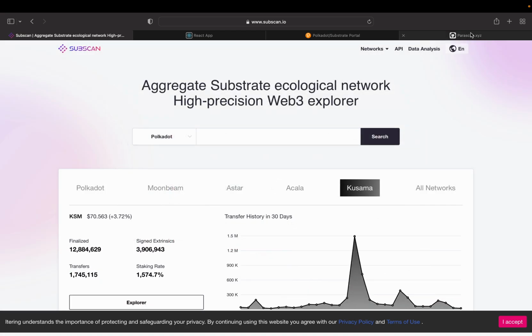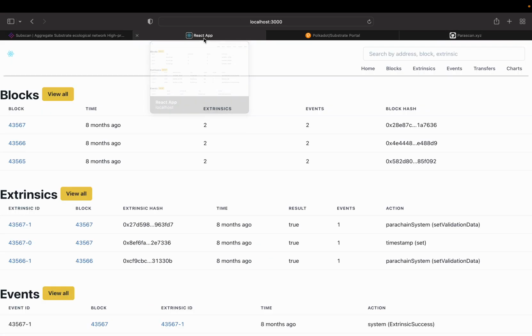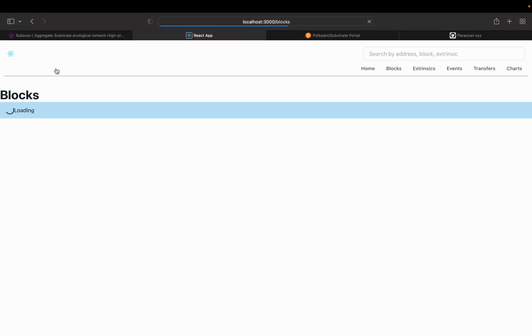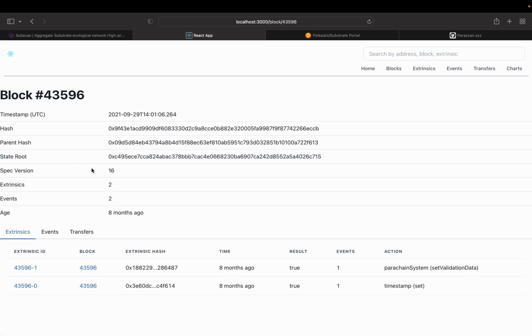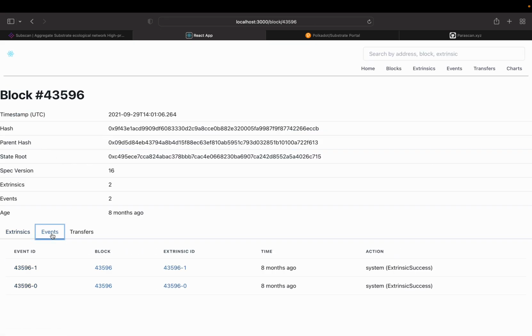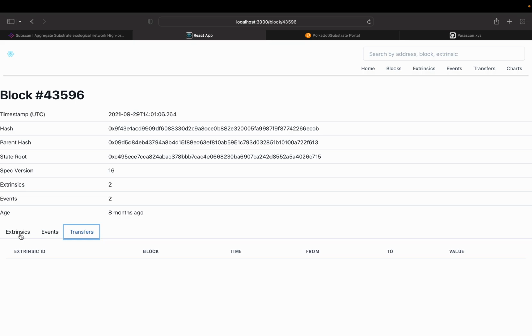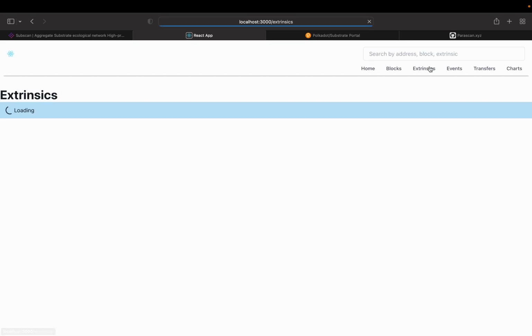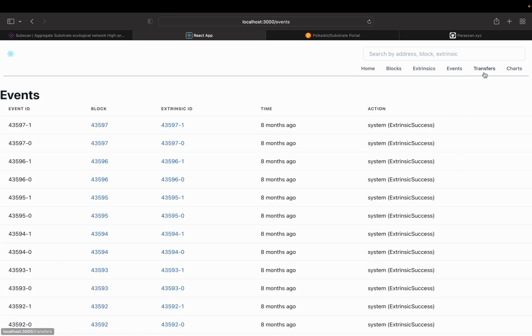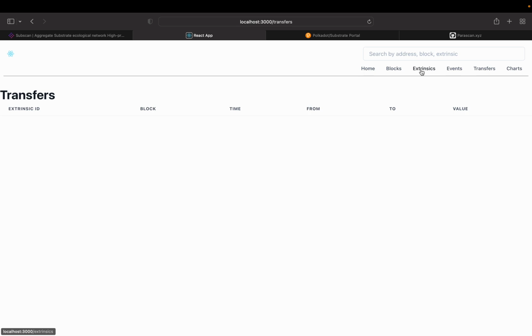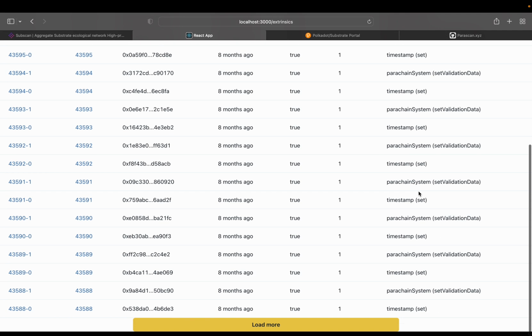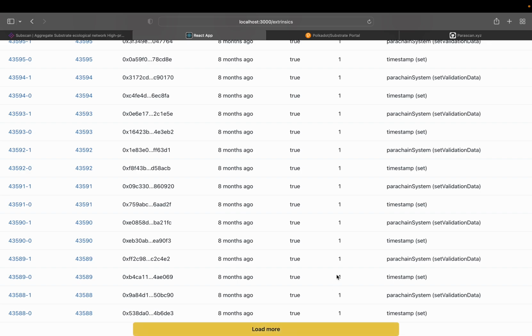So the explorer has two components, and first of all, this is what it looks like. We have blocks. We can view the blocks, and we can also view the events and statistics in a particular block, and transfers. We can view the table for statistics and the table for events. Transfer has not yet been indexed in this data, but after a while it will be indexed. And of course we can check more data